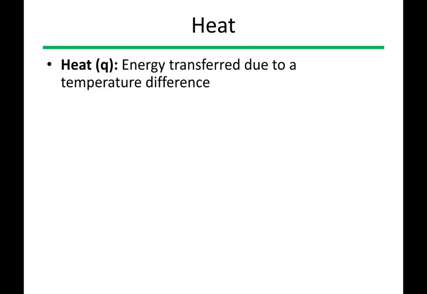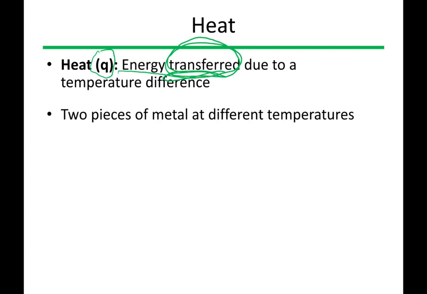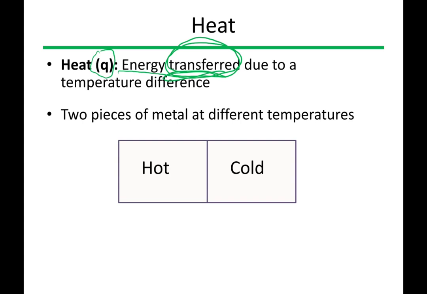So heat is going to be energy transferred due to a temperature difference. Something that's important to notice here, that the heat, if we're being precise, is actually the energy transferred. So it's not a single value, it always is a change. In this case, it's going to be changed due to a temperature difference. So if we want to think about two pieces of metal at two different temperatures, and we touch them next to each other, one of the things we can ask is which way does the heat flow? Which is a way to say, how is the energy being transferred?